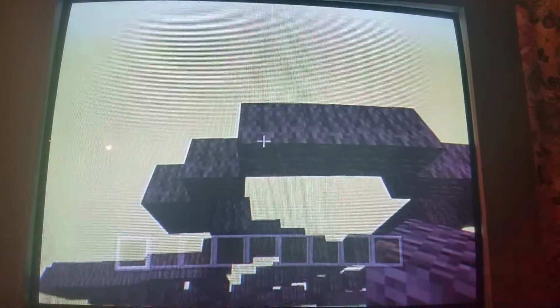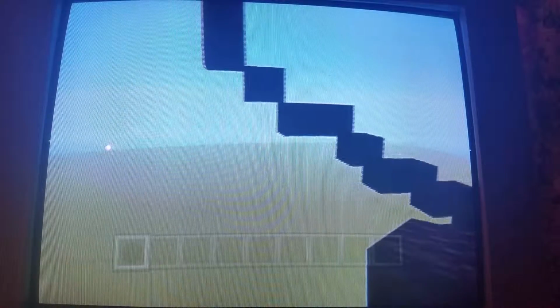So right here you are going to want to go upward diagonal, build it out 1, upward diagonal, build it out 1 more, and upward diagonal, and upward diagonal, build it out 1 more, and upward diagonal, another upward diagonal, but this one you're going to want to build up 1. Is that right? Yeah. And now upward diagonal,